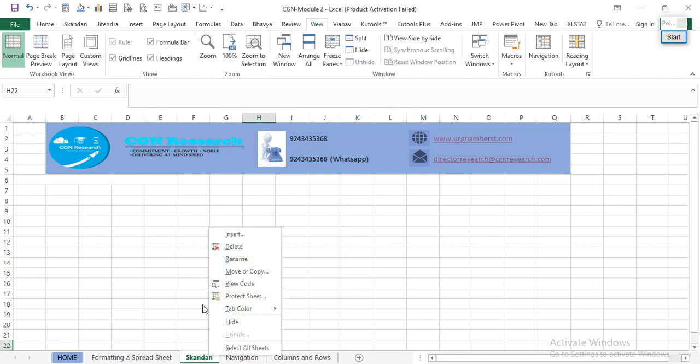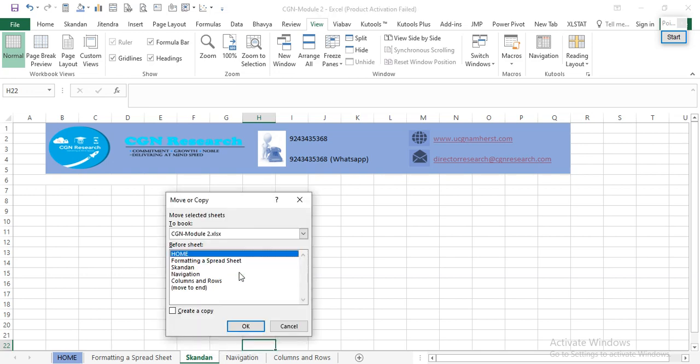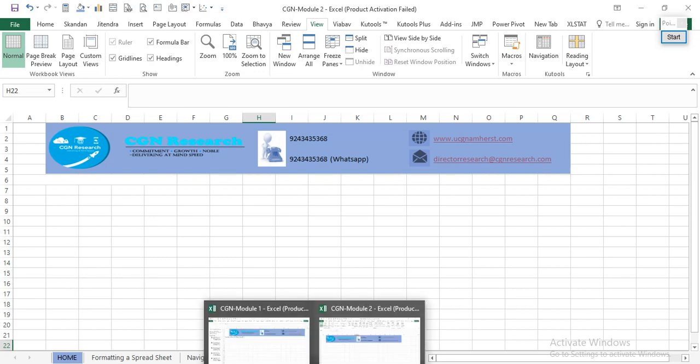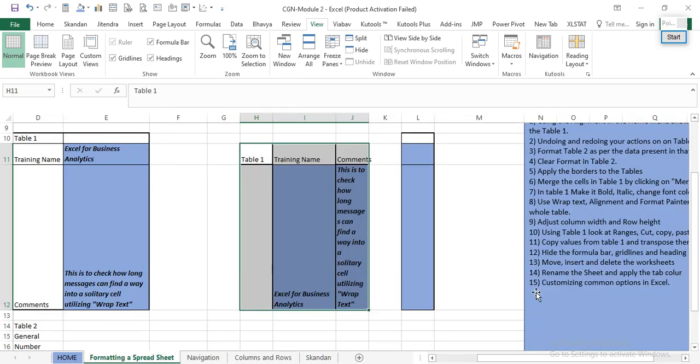And you can also use this one. You can say move there, and then you can position the sheet wherever you want. For example, I want to move this, and then say OK. So you can just move it to the last out there. So this is how you would move the whole thing out there. So that is how to do the deletions, insertions we saw, and renaming, and then applying the tab color out